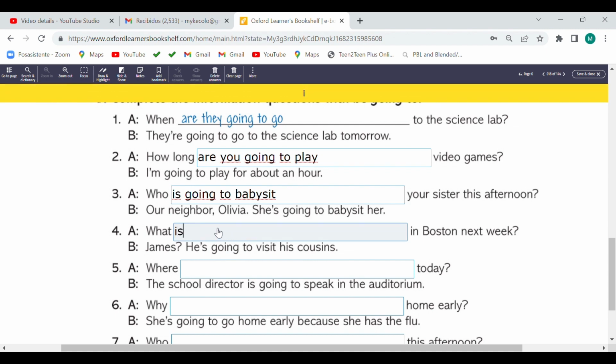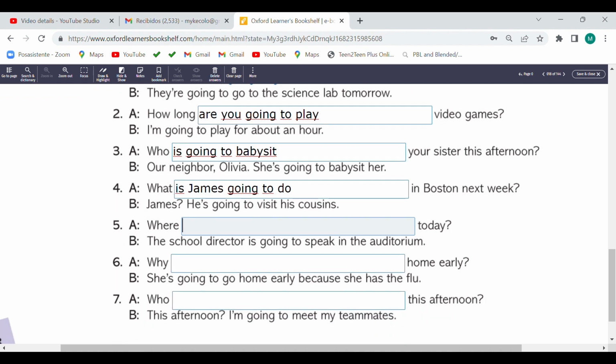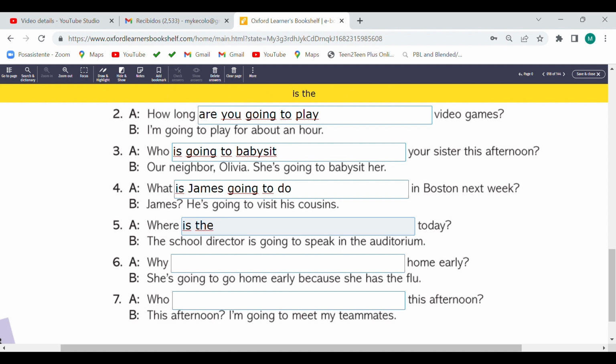Entonces decimos, what is James going to do? Number 5. The school director is going to speak in the auditorium. Where is the school director going to speak?